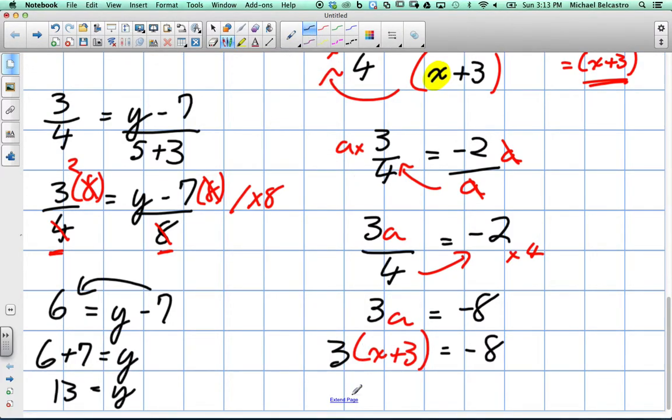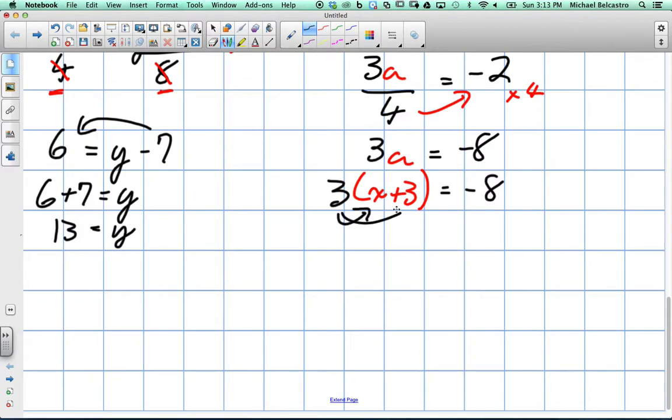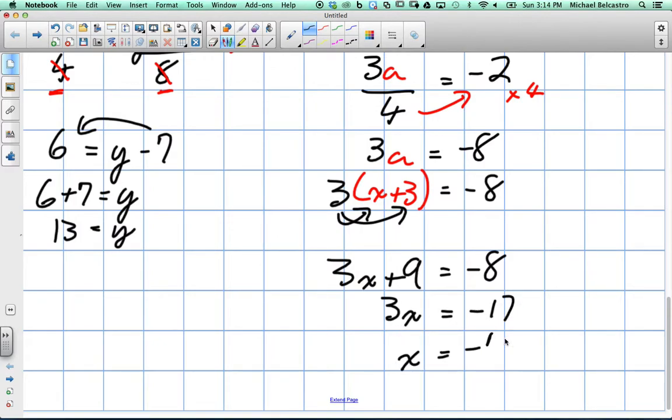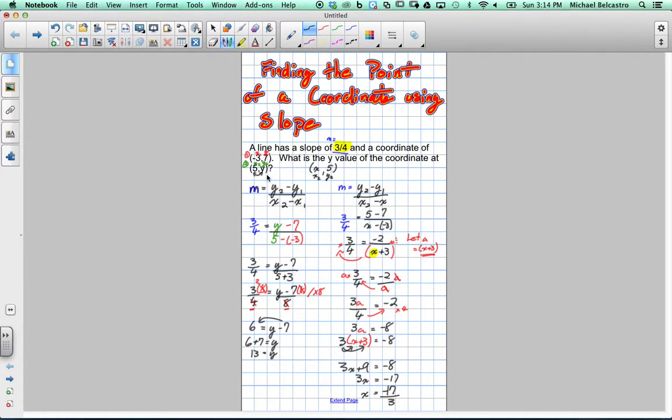See how this x is a little more complicated. Distribute the 3, and we get 3x plus 9 equals negative 8. We move the 9 over, it becomes negative, so 3x is equal to negative 17. We need to move the 3 over, so we divide. So x is equal to negative 17 over 3, which is a little under negative 6. So that's how we use our formulas to find our missing